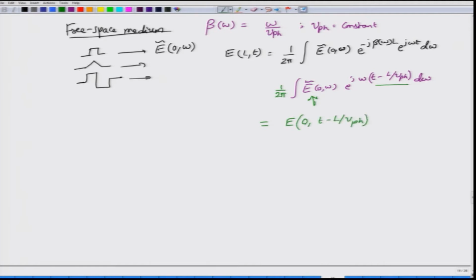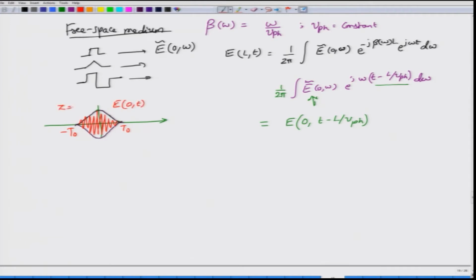What we mean by this is that if I were to consider the pulse, okay, so I am considering some sort of a pulse like this. Of course, in an actual scenario the pulse will be modulated onto the carrier, and therefore, you would see something like this. So, there is a carrier out there, and this pulse let us say begins at minus T naught and goes to plus T naught. I am just taking some arbitrary numbers because you will soon see that there is no need to even worry what kind of a pulse this is, because this might be the input E of 0 comma t,